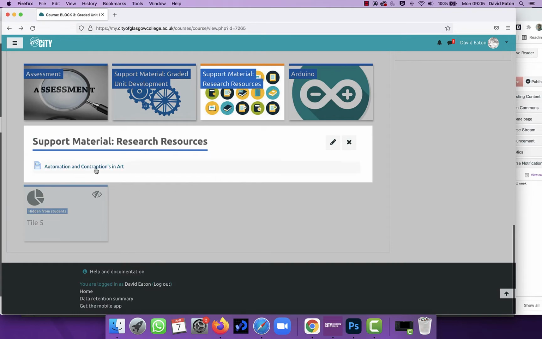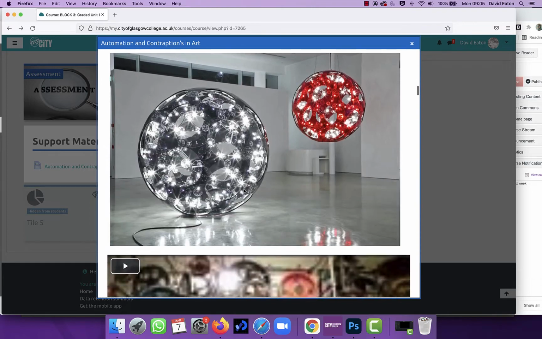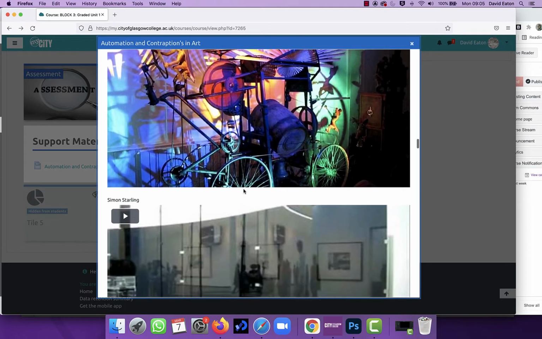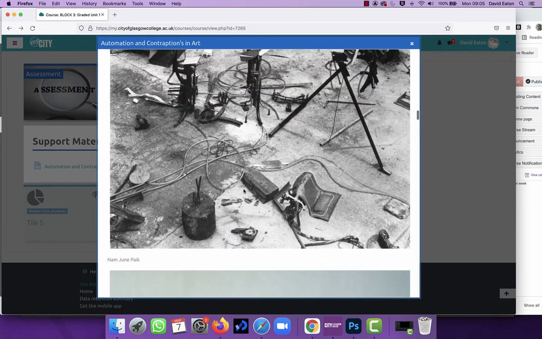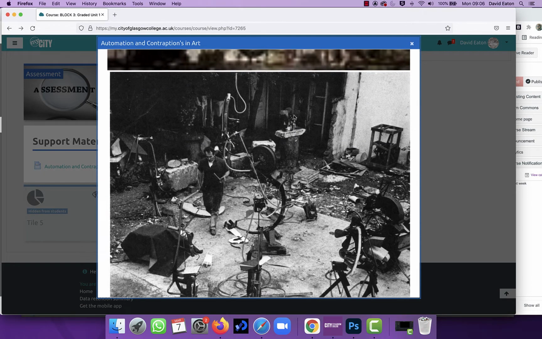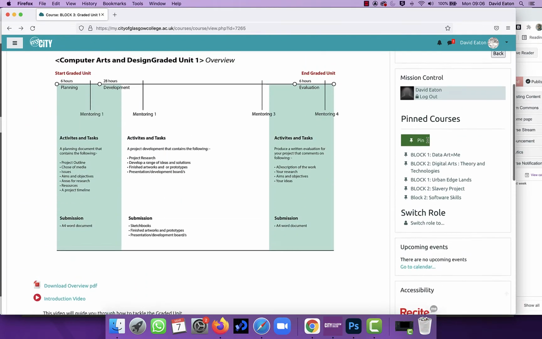In here, I've got this particular page, which has got a lot of images in it, a lot of links and a lot of information. To rebuild that and get all that information across, I would have to download each image individually, bring it across, rebuild all the text, etc. So it makes sense just to back this particular section up and then integrate it into our new Canvas page that we have. So that's exactly what I'm going to quickly do here using the backup method